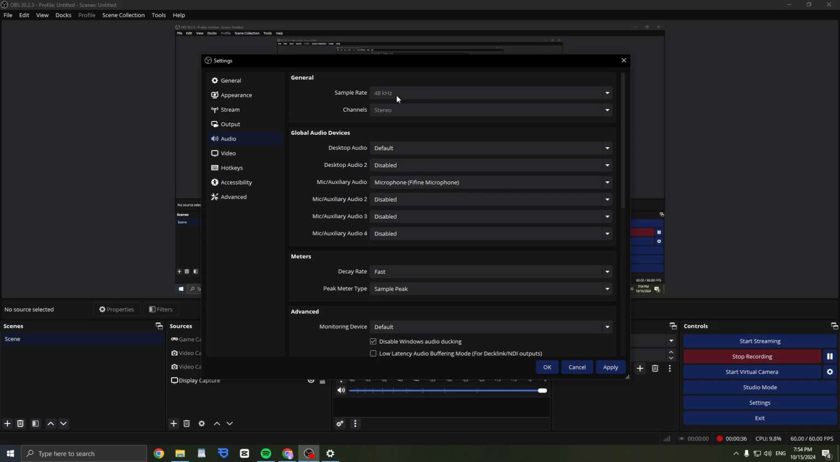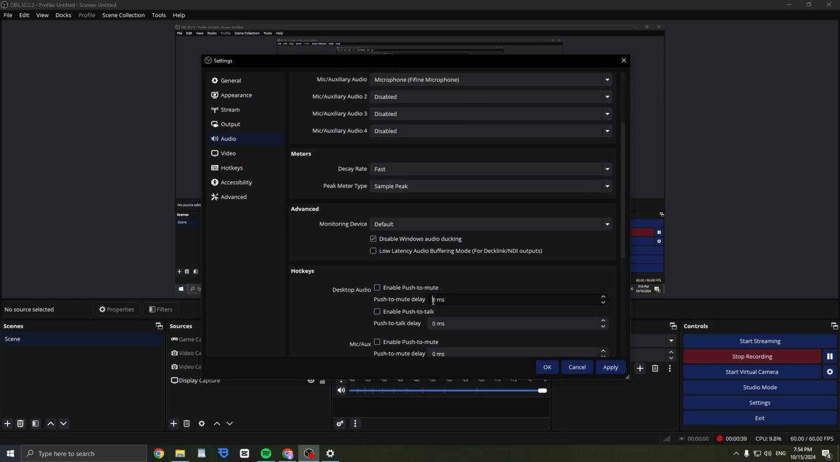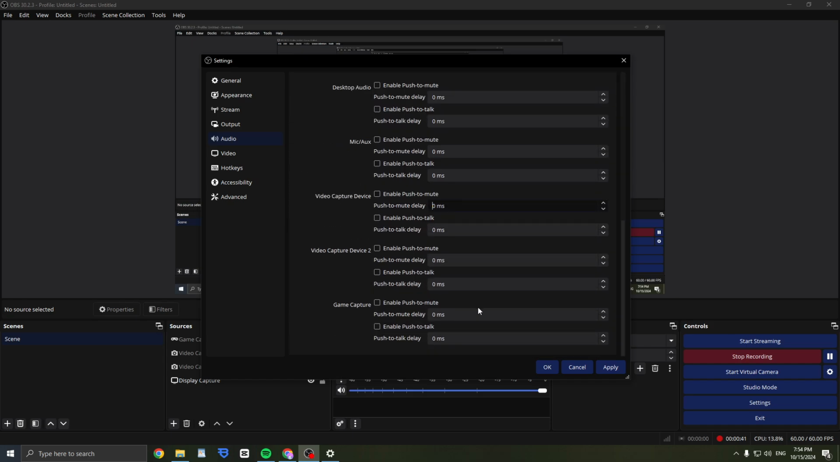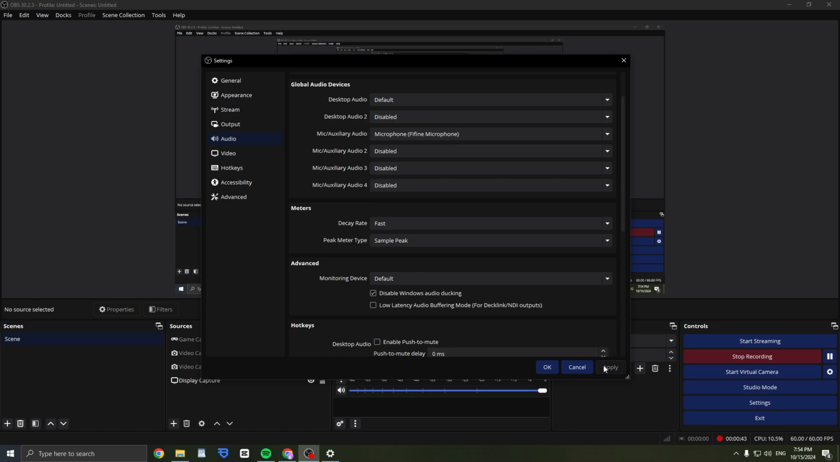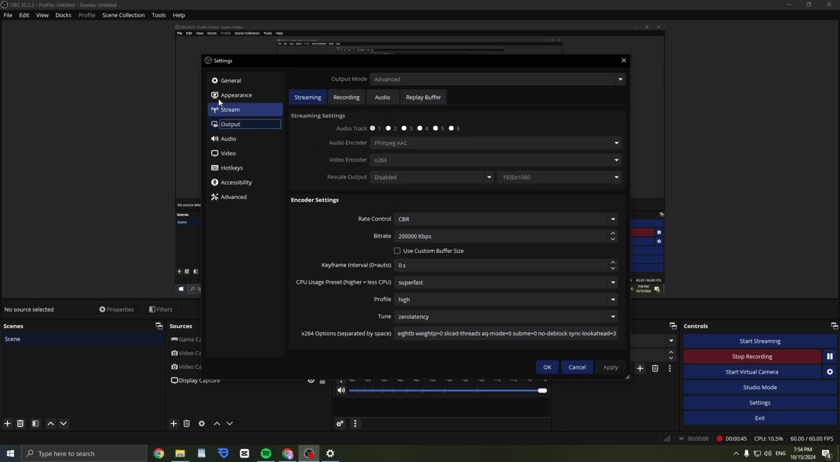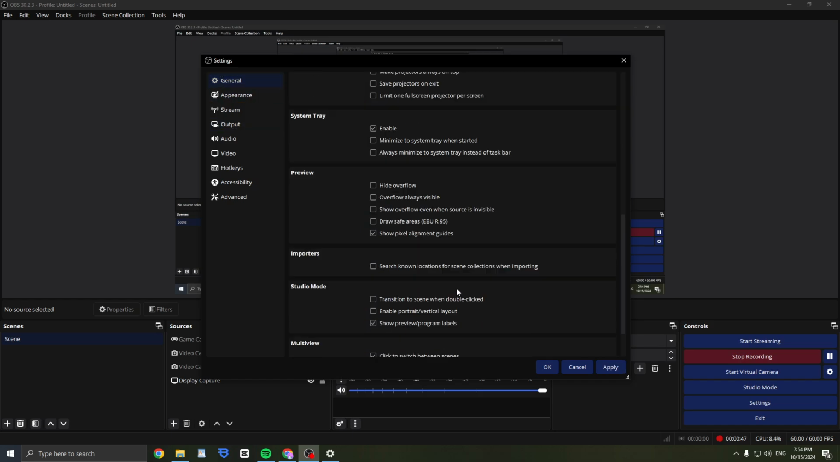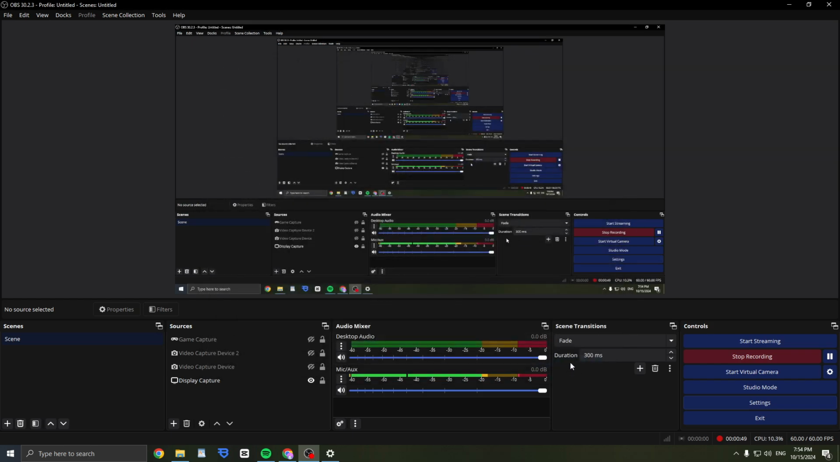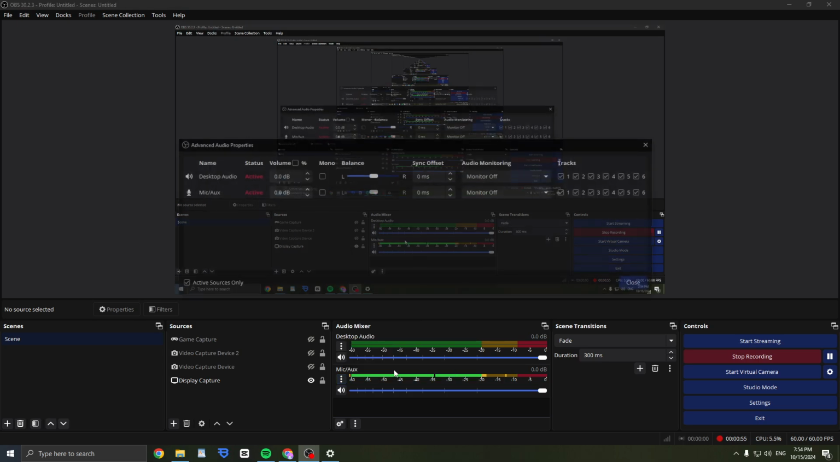copy the settings as you sample it, also copy them, and if you want you can reset everything, click Apply, and then on General also copy everything. Okay, the second step is just to click on these three dots and then click on Advanced Audio Properties